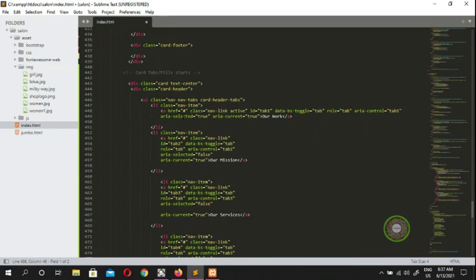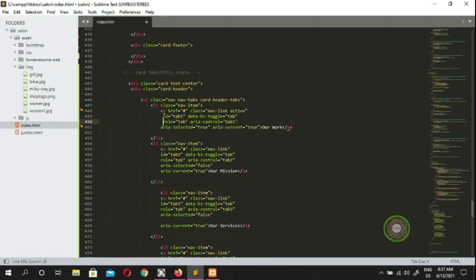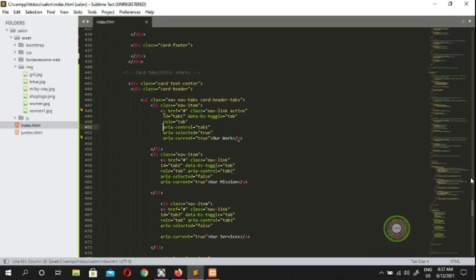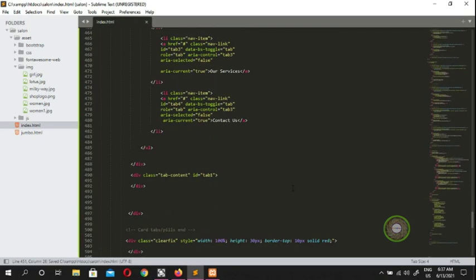Where is the first one? Our work here. So what I'll do is put it here for readability purposes. Okay, so the first one, keep in mind that aria-selected is equal to true. So the ID is tab 1, and aria-controls is also tab 1. Okay, so here we put an ID of tab 1, tab content, and the ID is tab 1, and inside